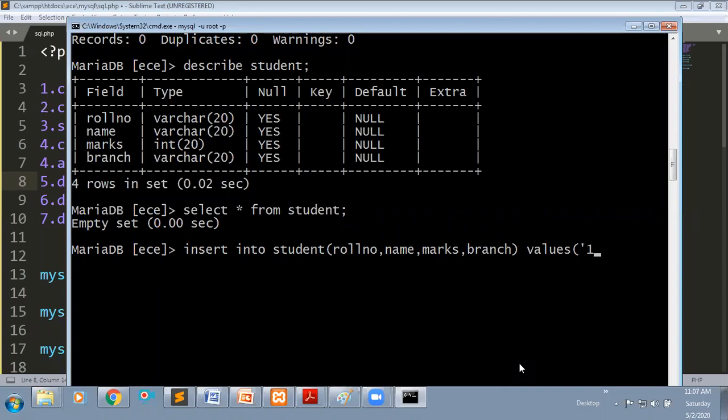within single quotes. I'm going to give the first roll number, 001. If it is a name, I'm going to give one name. If it is varchar, we need to give it in single quotes. For marks I'm just giving